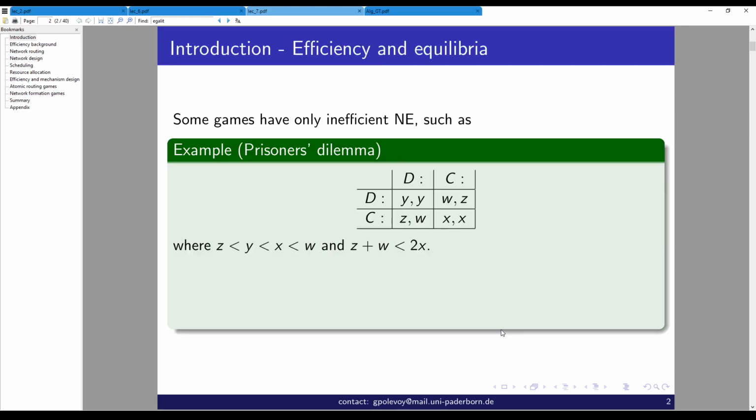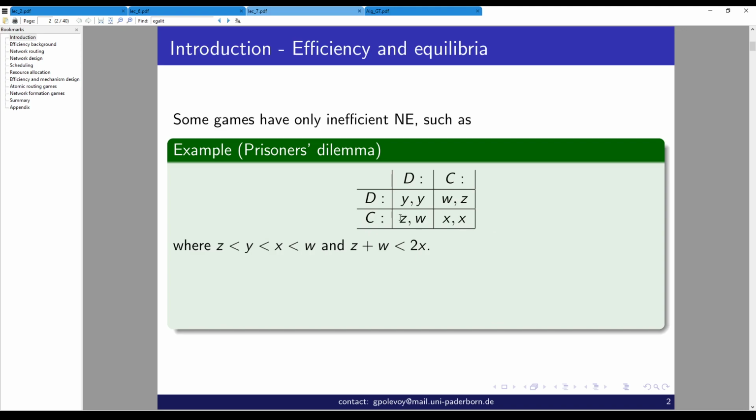And now let us begin with some examples, which we have already seen, in the following sense. Some games have only inefficient Nash equilibria. For example, we know this example, prisoner's dilemma. Let us look at this in a general sense, so that you have cooperate C and defect D, and z is smaller than 1, so we don't care which values there are here, as long as